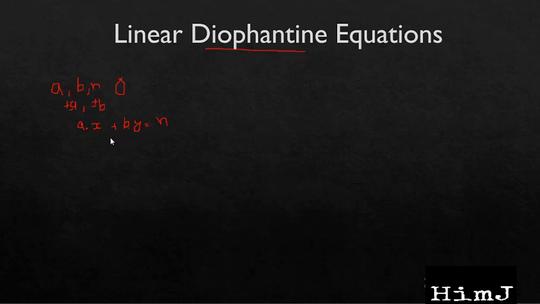So let's see how we can use the Diophantine equation, application number 1, that is finding whether the solution exists or not. What we can do is calculate the GCD of A and B. Now you will understand why we are calculating GCD and what is the use of GCD here. So now G is the GCD of A and B. We can write A as G times some variable K1, because G is the greatest common divisor, so A will be a multiple of G. Similarly, B can be written as G times K2.